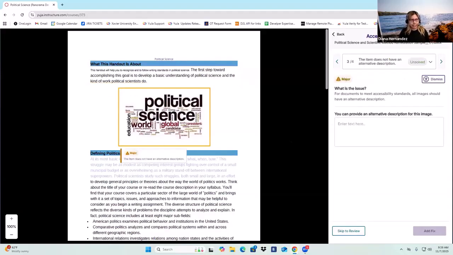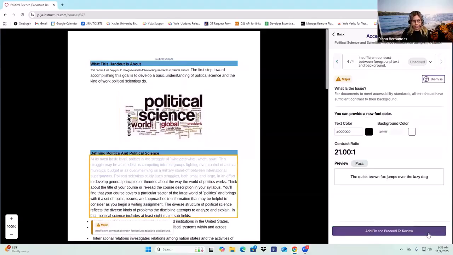And it's now highlighting that this specific image doesn't have an alternative description. So what we need to do here is add the alternative description. It could be political science word cloud, for example. Once we add that in, we can click add fix.